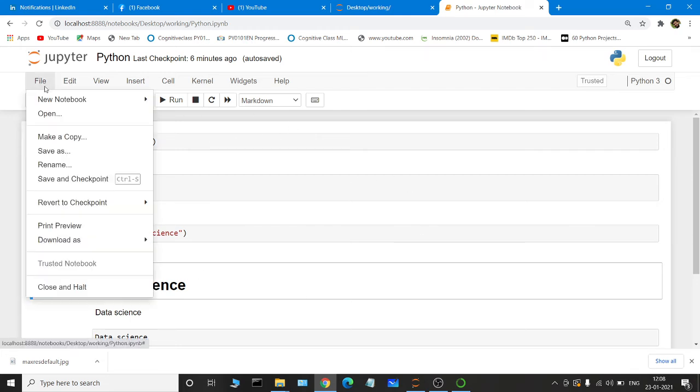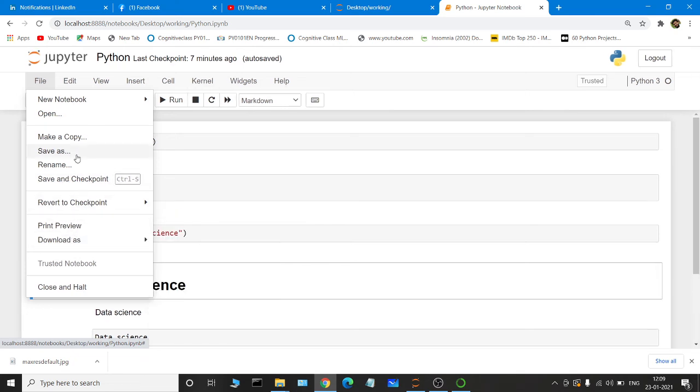See here, there are a number of options here. If you want to create another notebook in this particular working directory only, just click on the new notebook and click on the Python 3. Okay, automatically you can also develop Python code in this particular working directory, and you can also rename that particular Python notebook. So if you want to open predefined functions, or if you want to open already worked Jupyter notebooks, here is an option. Okay, you can also make a copy, you can also save this particular Jupyter notebook, you can rename it, and after building the code you can also save it. Okay, there are a number of options.